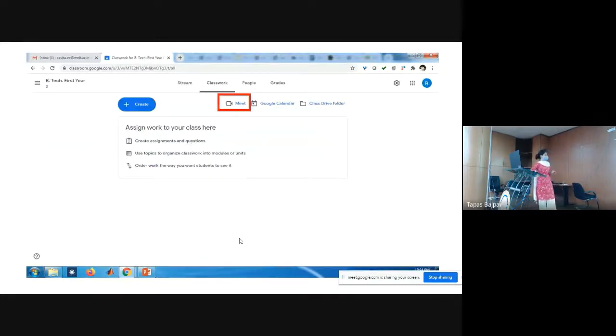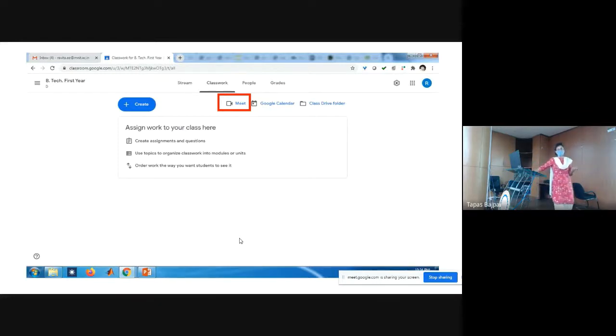And then next is, we have created the classroom for a particular class. Then we can click here. When you click here, it will create a code, and that code will be visible to all the students. Again, we have control. We want to share that code with the students, or we want to send it through a common email or individual email. So when you click it the first time, it will create that and it will be shared depending on your permission.